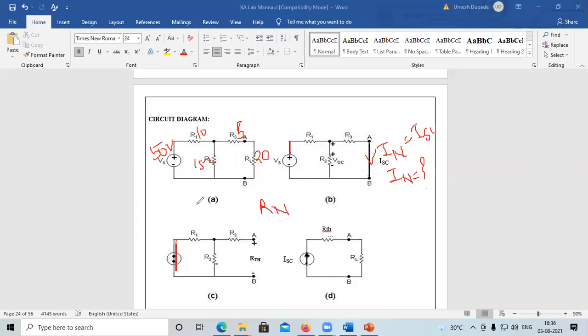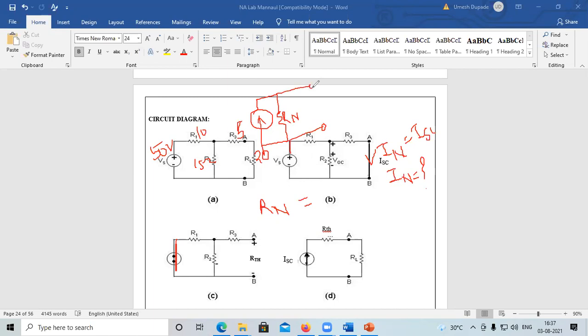So RN ची value calculate करण्यासाठी by applying the series parallel reduction technique, or it may be the star delta technique, you just calculate the value of RN. And then finally draw the network in the form of Norton's equivalent circuit, that is an equivalent current source in parallel with the equivalent resistor Rn. And then across terminal A and B,